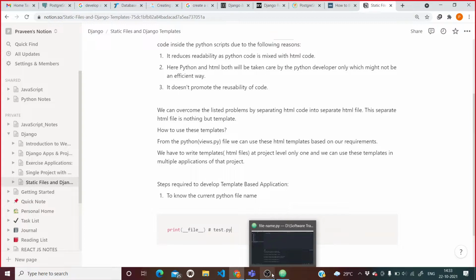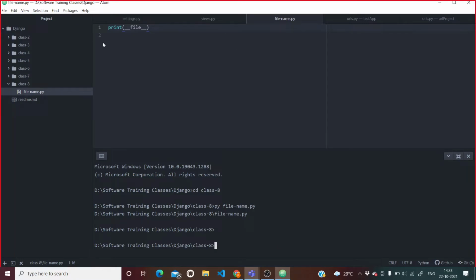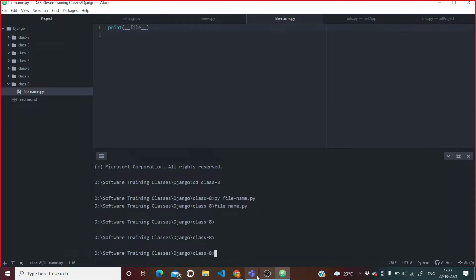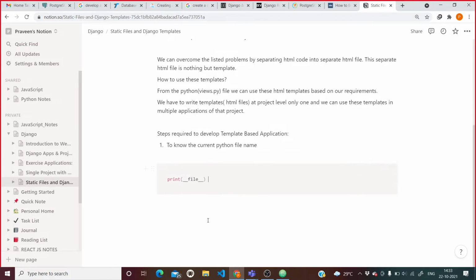So I will just copy this program where I have written it. If I run this, this is what we are going to get. I will paste the code here, and the name of this file I have written is file name dot py.